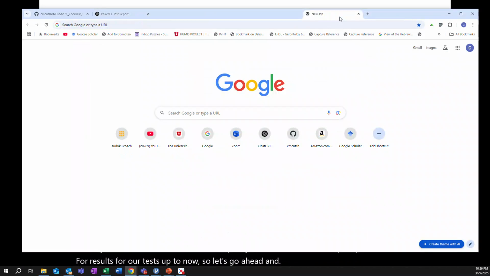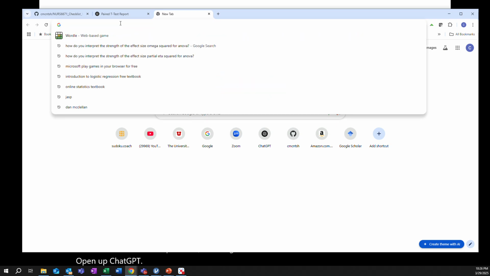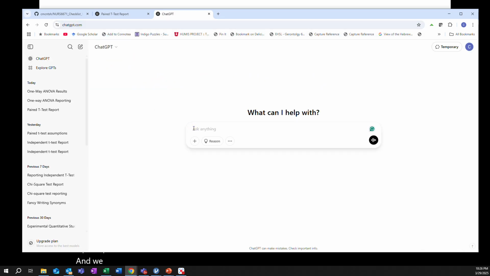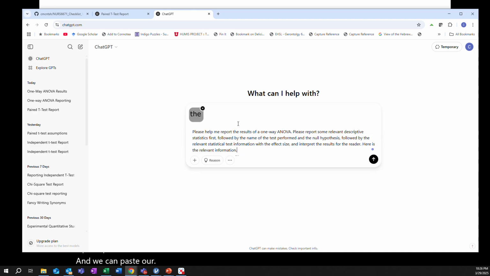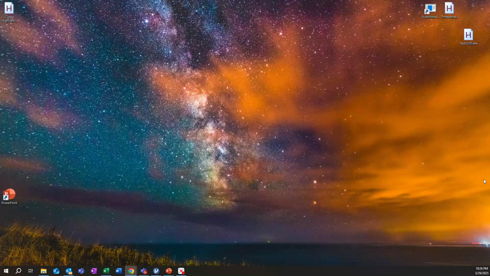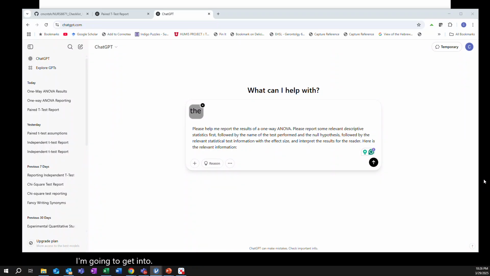open up ChatGPT. And we can paste our prompt in. Please report the results of a one-way ANOVA. Include some of these results and an interpretation. So I'm going to paste in my prompt, hit Shift Enter to go down to the next line. I'm going to get into Jamovi